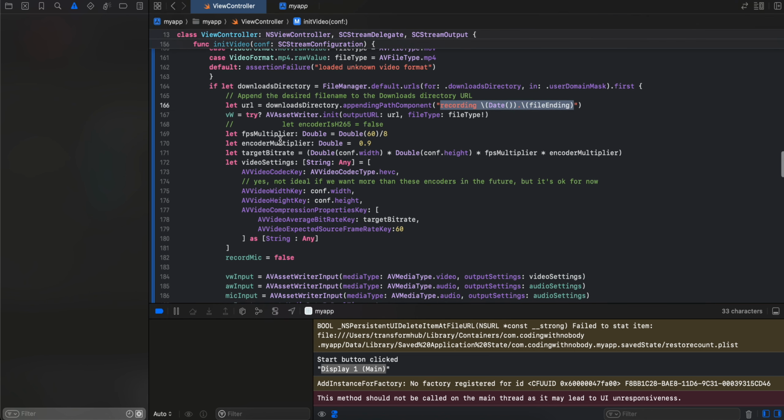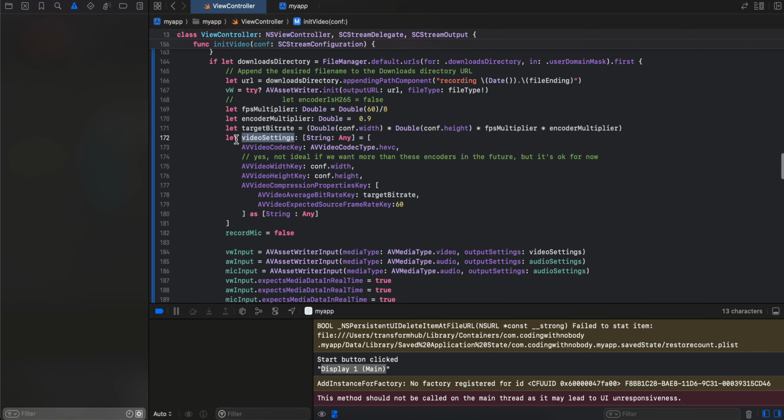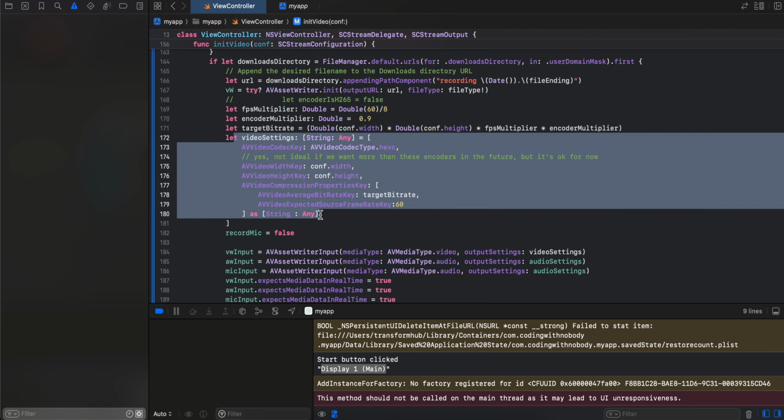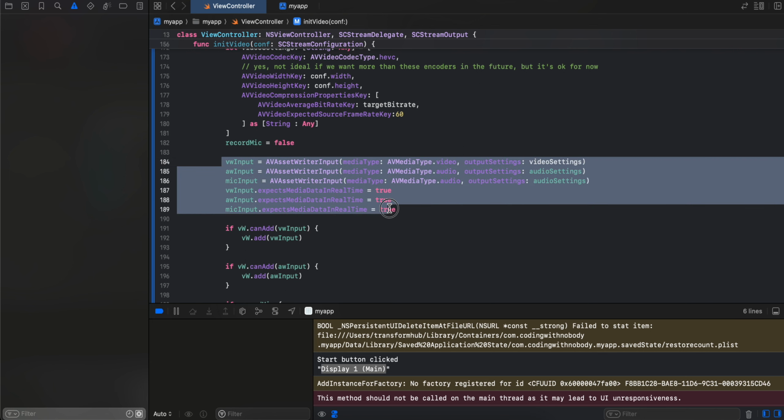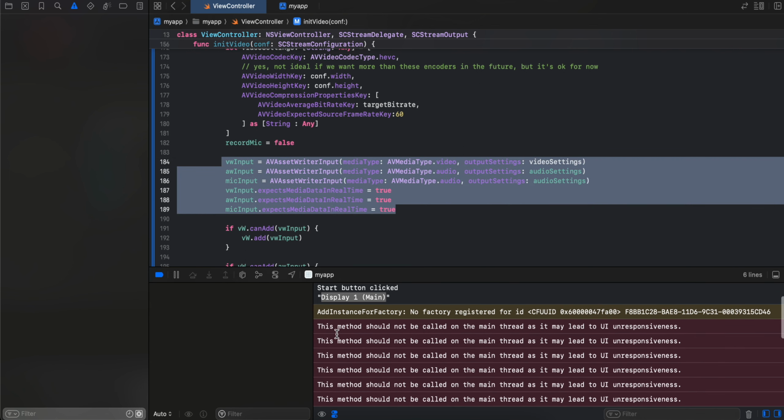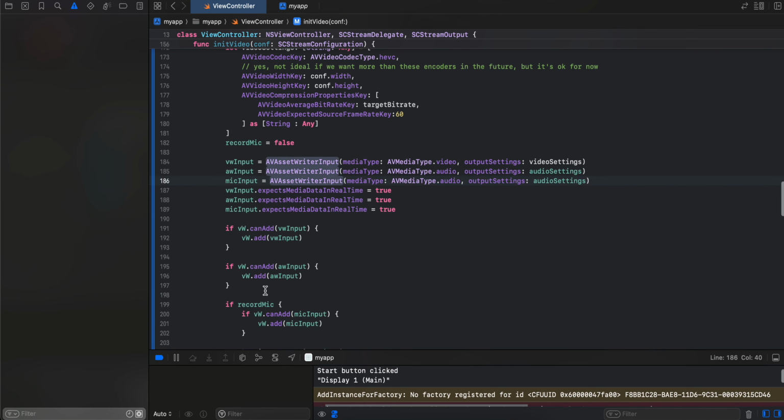And now here we are initializing our asset writer, then the FPS multiplier like 60 FPS. Okay, then encoder multiplier, target bit rate, video settings. So again this is boilerplate code which you have to write, and recordMic I have kept as false. Now this logic which you see is causing these warnings of this method should not be called on main thread. So maybe, I'm not sure,